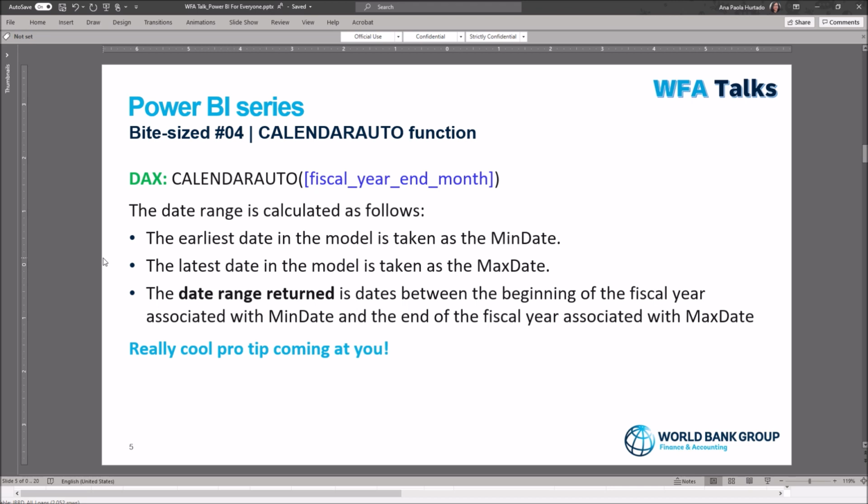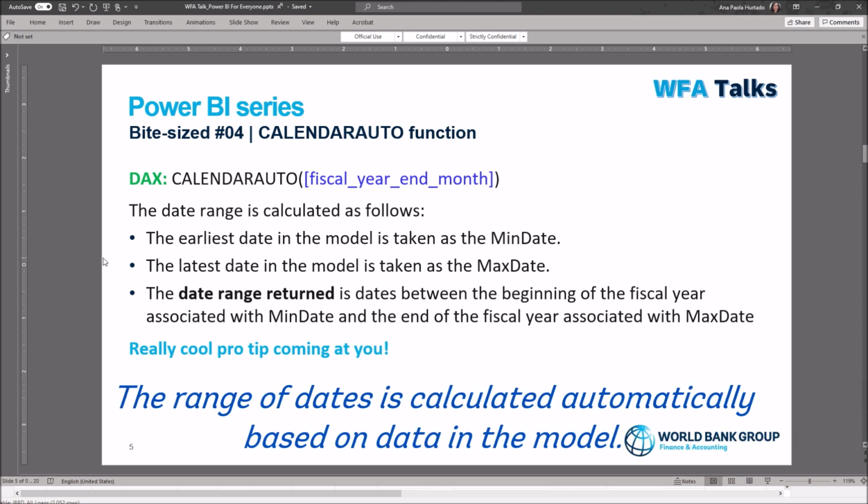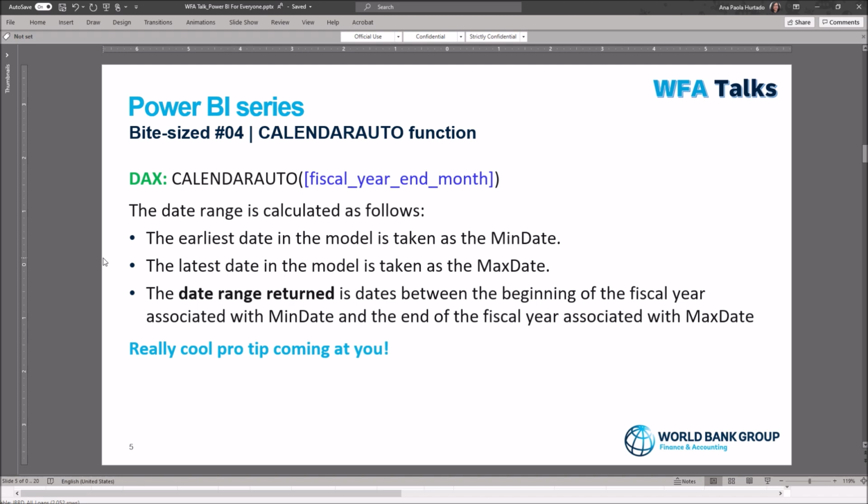Okay, really cool pro tip coming at you. We're gonna write the calendar auto function in Power BI desktop. What calendar auto does is to calculate automatically the range of date based on data in the model. As you can see, the minimum date is calculated based on the earliest day in the model, and the maximum date is based on the latest day in the model. Also, we are gonna